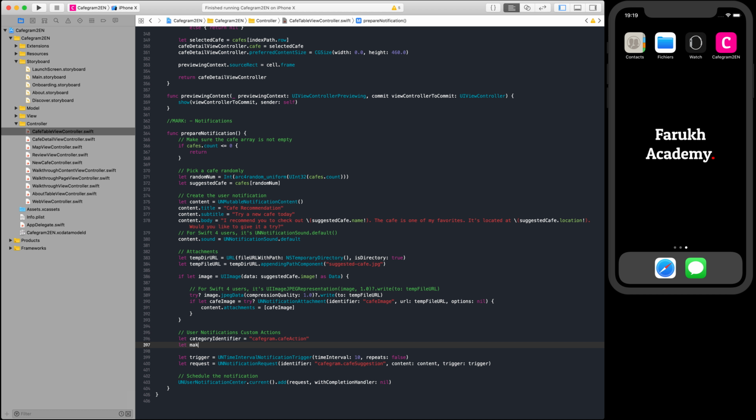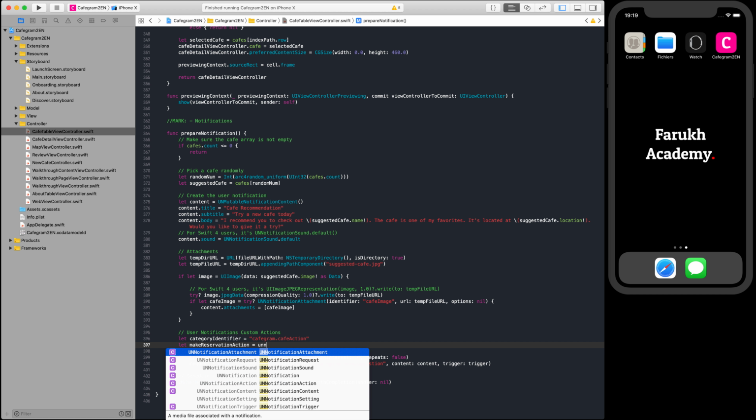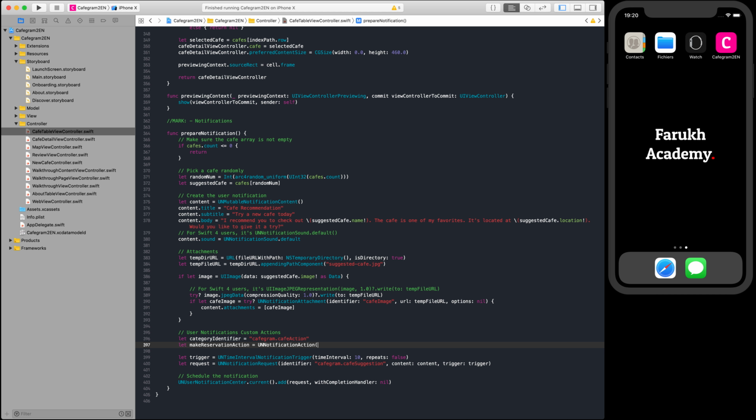Then let make reservation action, which is equal to UNNotificationAction. With this one, the identifier will be